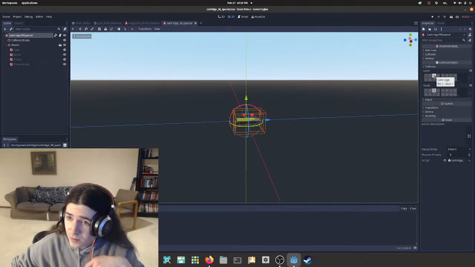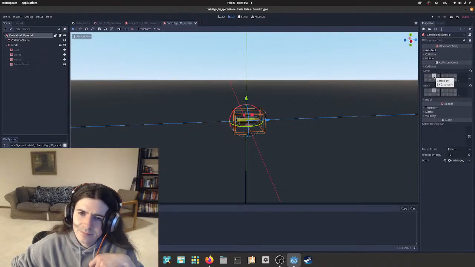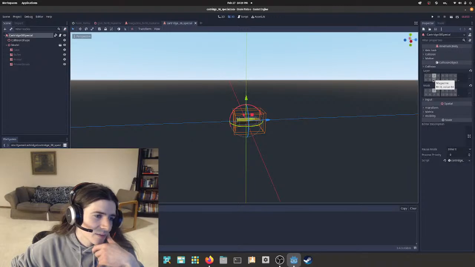Well, it's actually only on layer 3. Hmm. Yeah, that's kind of interesting. I wonder why, maybe I didn't fully implement that the way I meant to. We'll see.